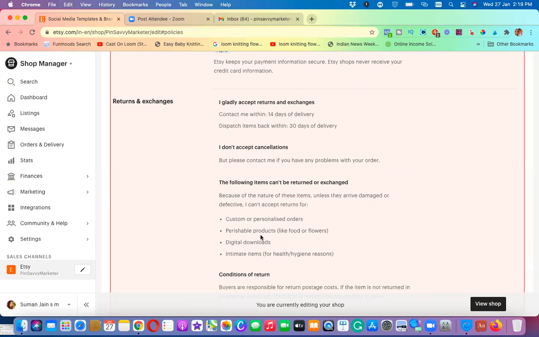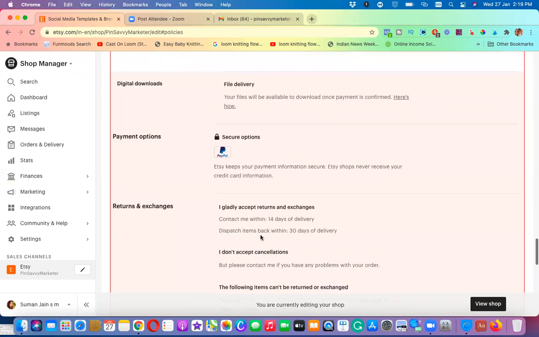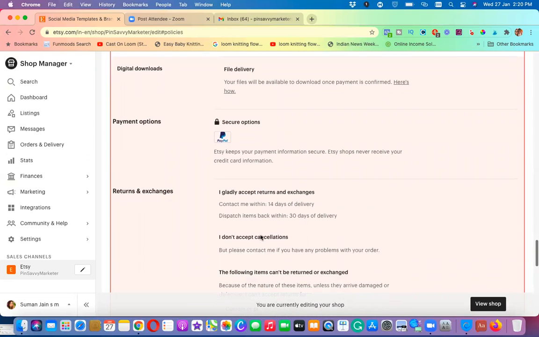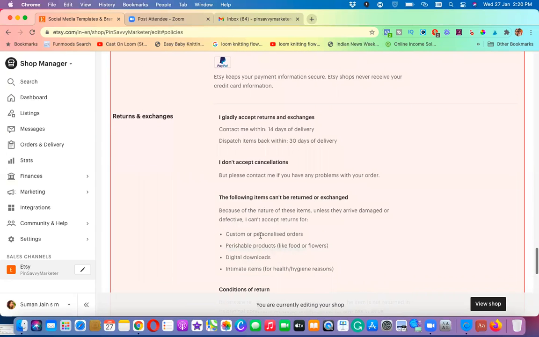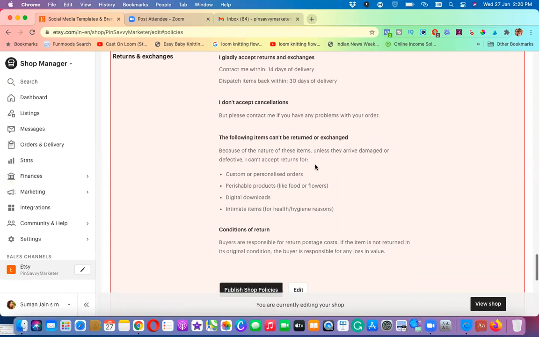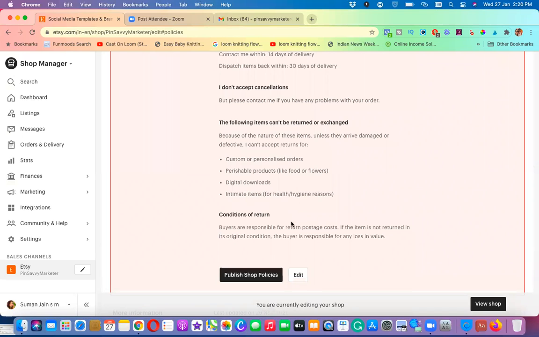In that way, it will help you, especially with physical products. Definitely, people tend to get into these things. They go and ask for refunds, they do all this nonsense. So in order to be safe, once they purchase, you have to give them all those details. You can see all this information here. Etsy will be giving you certain things, and you can just go and edit and re-edit.